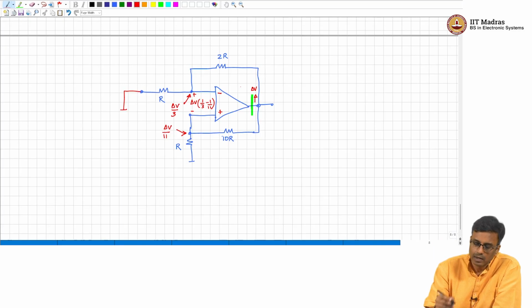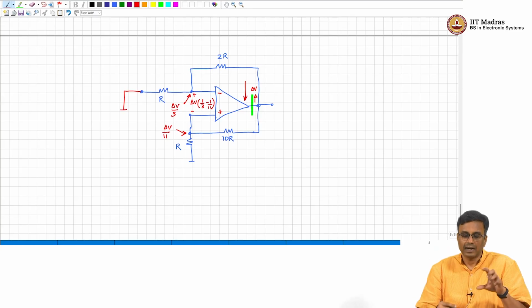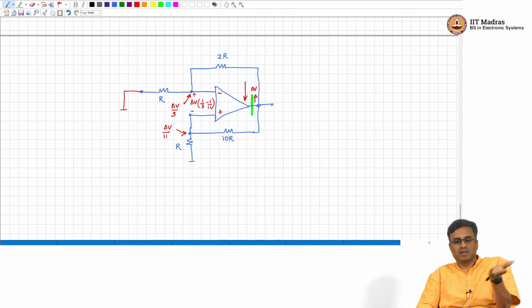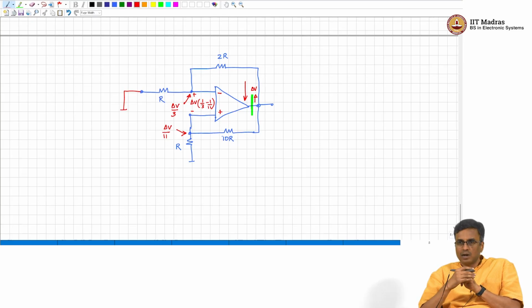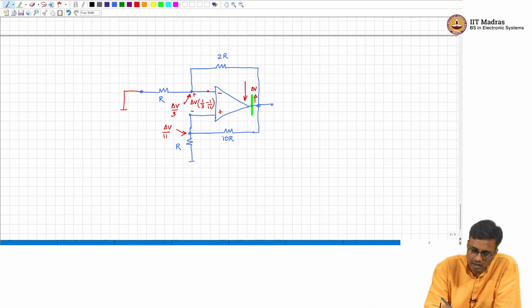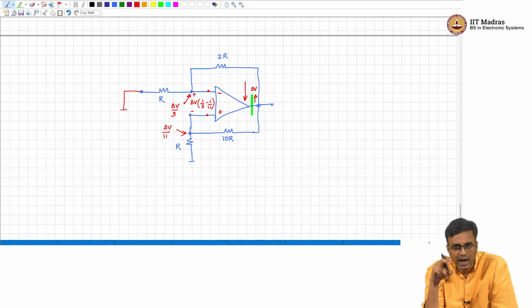It will be negative. Does that make sense? Delta, I mean, the difference between the two input terminals of the op amp is positive. We assumed, just arbitrarily, minus and plus for the signs of the op amp, and the difference between the terminal on top and the terminal below is positive, and because we assumed the top terminal to be a negative sign, the output of the op amp will